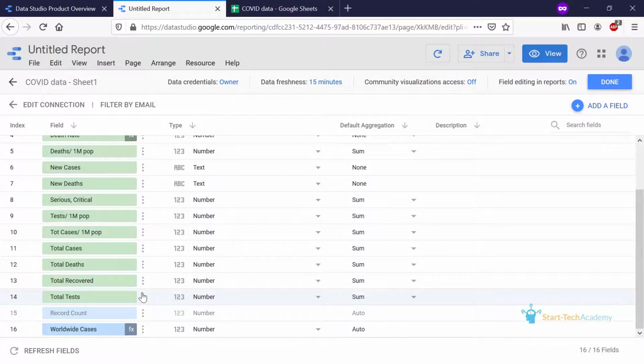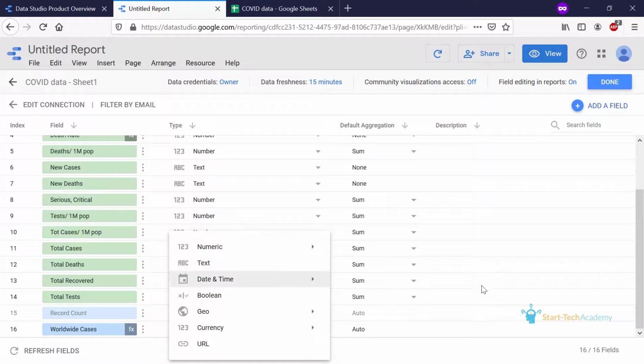But due to some reason, Data Studio thinks that these are dimensions. Even if it is classifying it incorrectly, this will not pose any significant problem to us when we are creating the report. Just remember to keep the type of metric variables as number. So this should be a number and not a text.